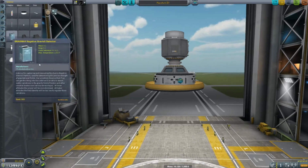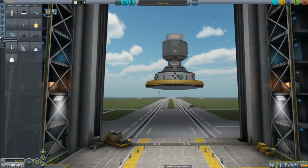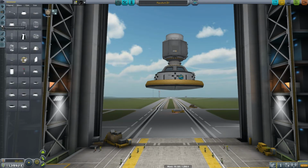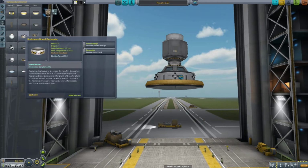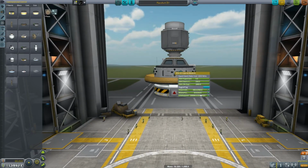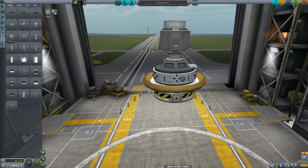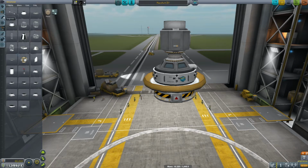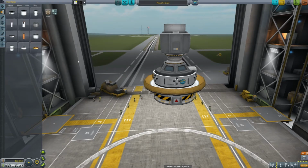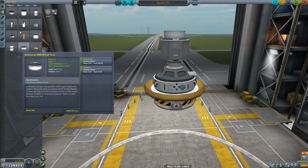Now then, we need... the antenna will be on the solar array, which is going to be attached to this piece. We're going to use a big decoupler for structural integrity. This thing we will disable its own electric charge and monopropellant to save some juice. Alright. Now let's see what we've got in the way of fuel tanks. We've got the tiny little donut. We've got the...